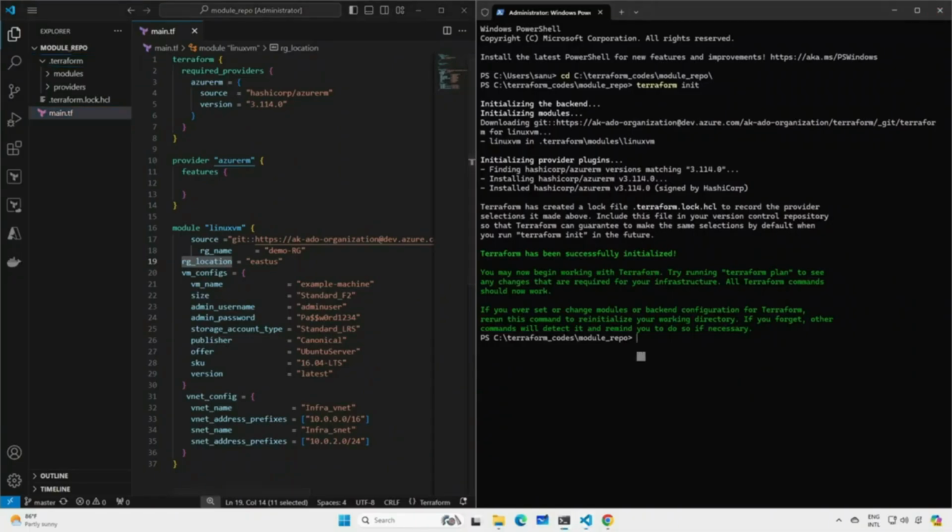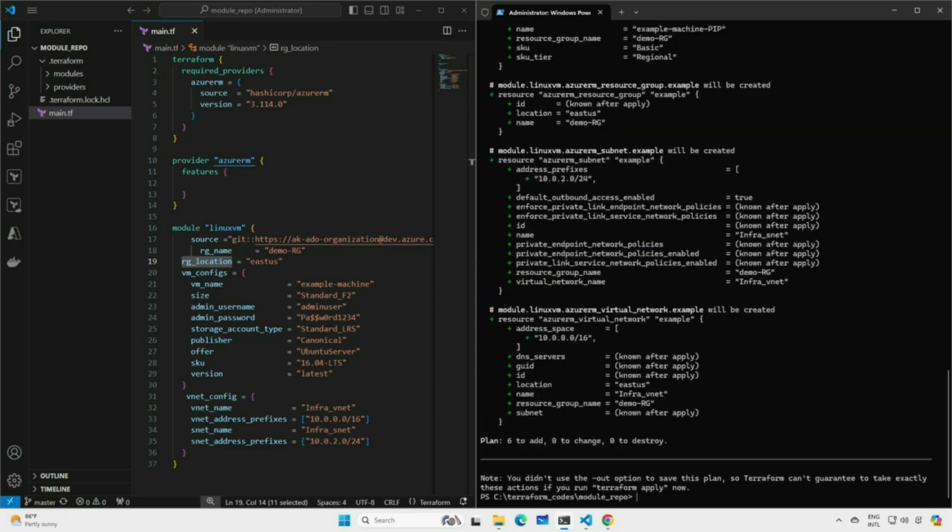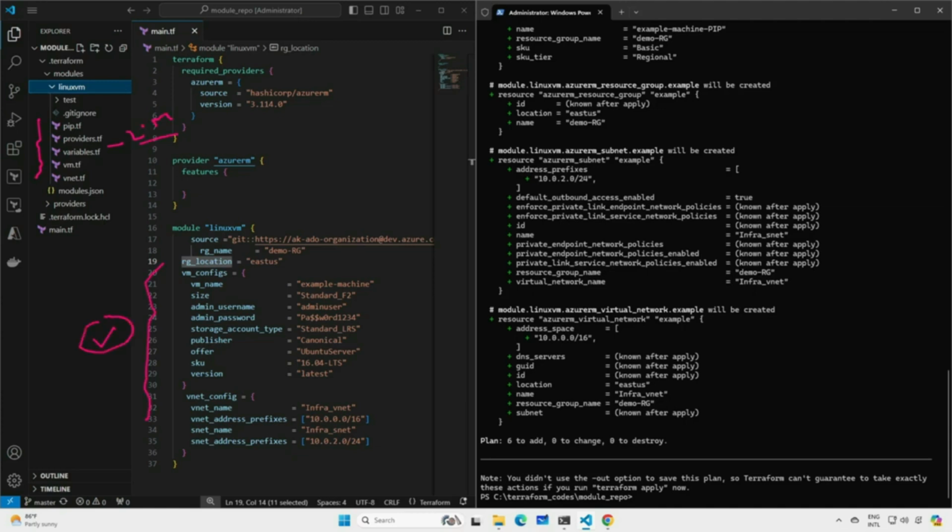So when we are going to run terraform plan, sorry, there's one typo, terraform plan. What it is going to do, we have the Linux VM modules present. This is the module which we have in our local machine. And here we have a set of variables. So in our terraform plan, it has passed all the values to this module. Let me quickly run